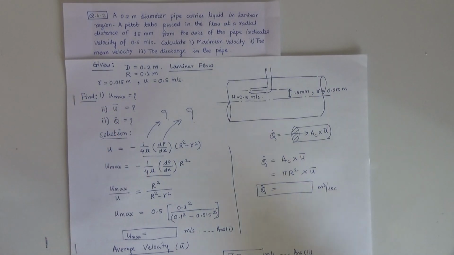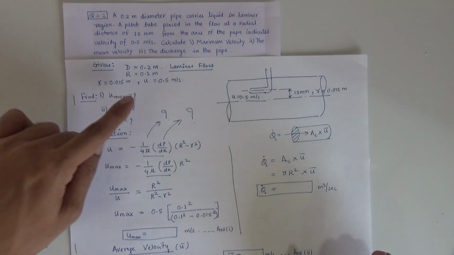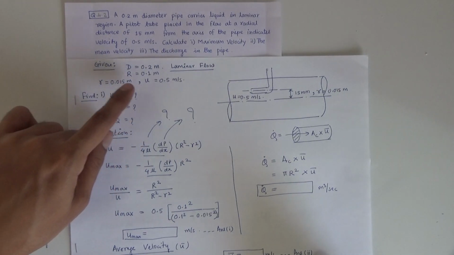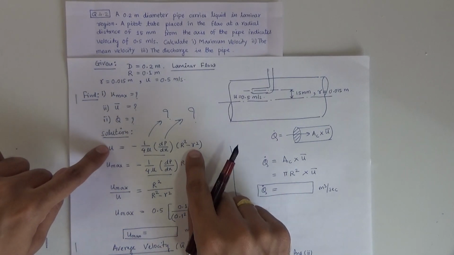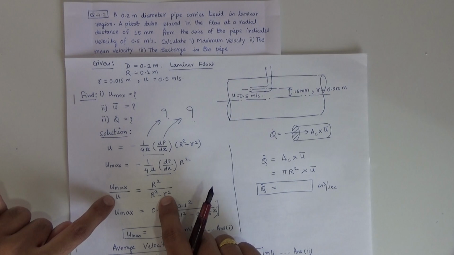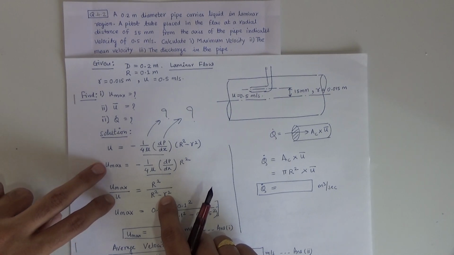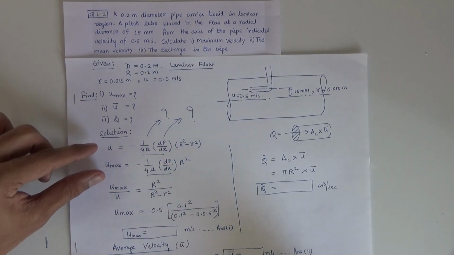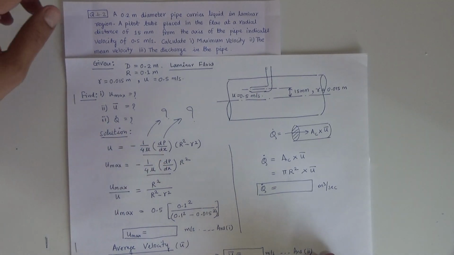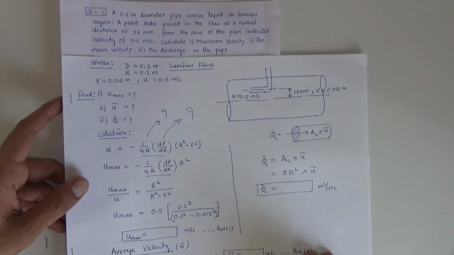So I hope you understood the problem. Very simple it is. You just have to observe the given case. What is the given? At particular location velocity is given, so use that here and obtain the remaining u max. So this is the best way, to take the ratios of the velocities, because similar quantities can be cancelled. This is the way we solve the problems for the pipe flow. I hope you understood this.